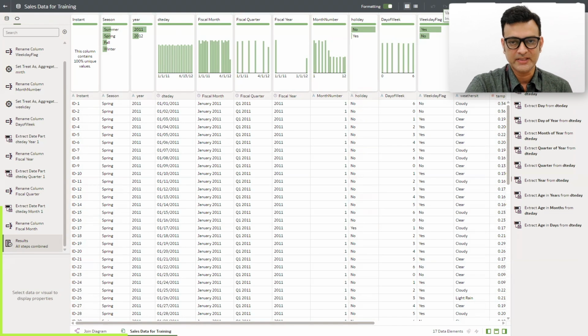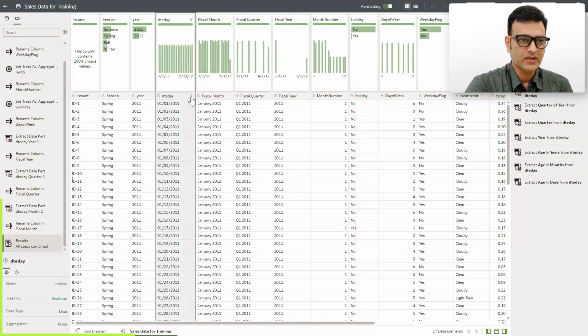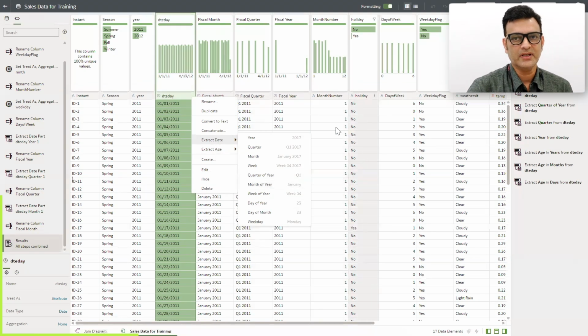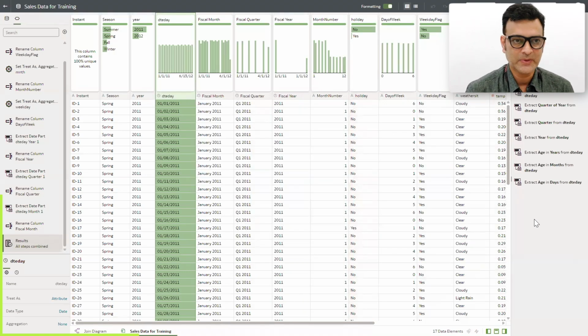recommendations for enrichments. Some of the recommendations that you see here are around the date column, the date attributes. If you want to extract the year, quarter, month, or maybe day of month, day of year, you can do that just with the click of a button, and a new column will get added with the extracted value. In my case, using the same enrichment capability, from the date I have extracted the month, the quarter, as well as the year columns. So this is one form of data enrichment that can be done.